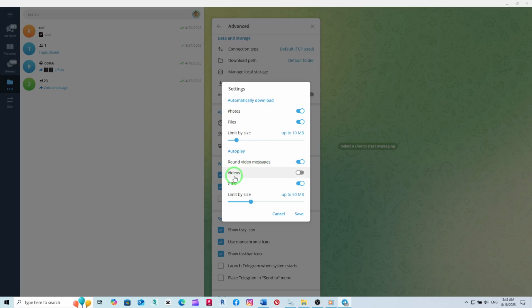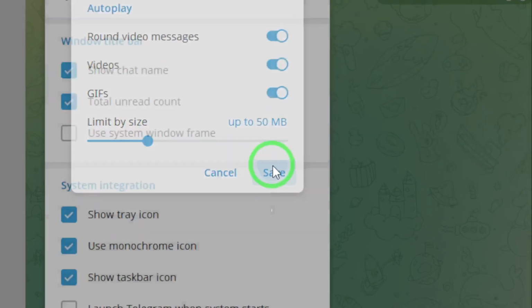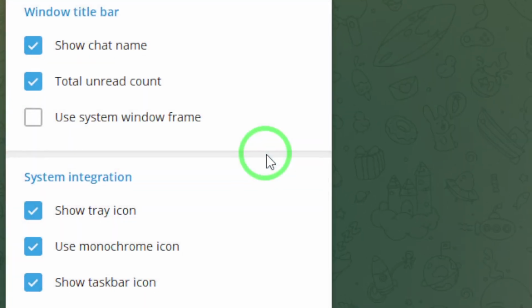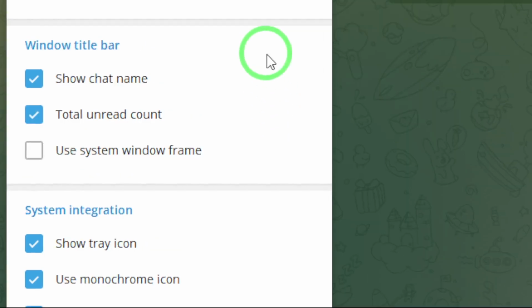Now, in this section, you'll see various media types with checkboxes. Look for videos, and make sure to check this box. Enabling this option means videos shared in your groups will automatically start downloading to your device without you having to